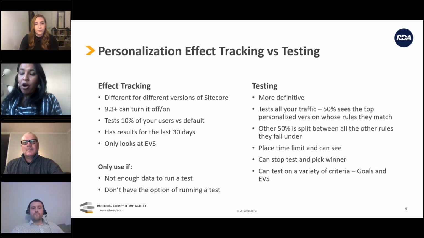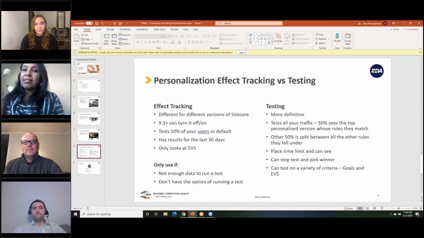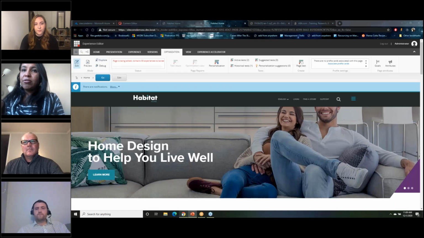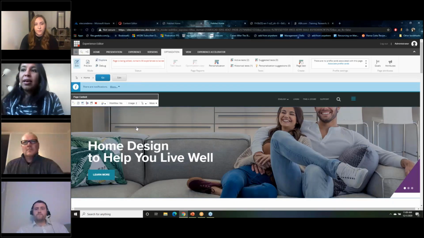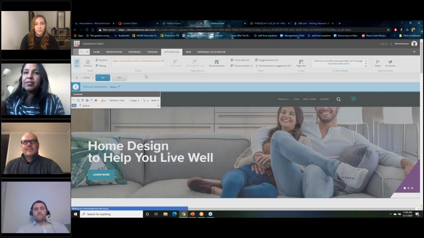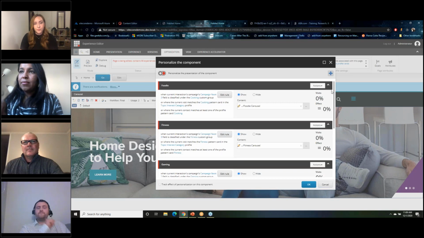You can turn it on or off, and what it does is test 10% of your users, and it's constantly testing. The issue is it only looks at EVS. So let me show you what that looks like. So here we have components. If I click on it and I go to personalization,